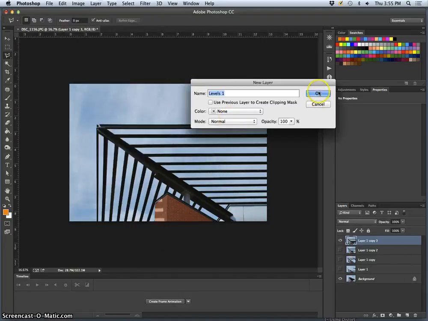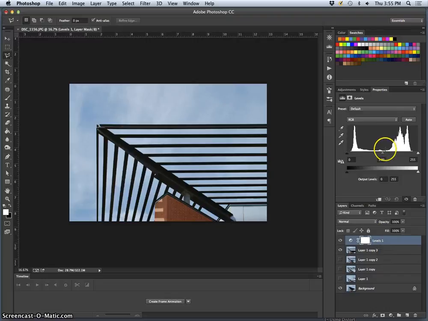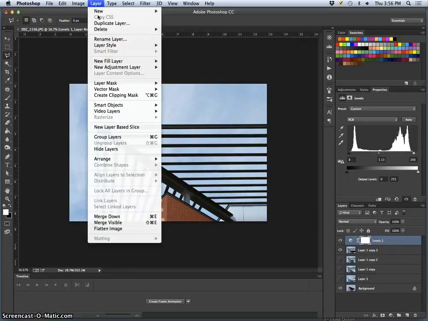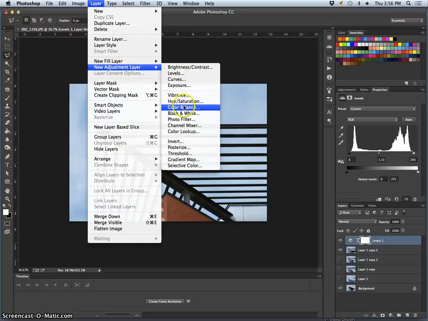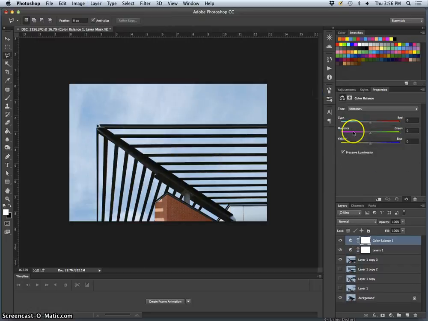Use adjustment layers. I could also just do direct adjustments to duplicates. Optimize the levels if I think it helps. I think I might brighten the midtones just a little bit on this so that those bricks show up nice and clear. And then layer, new adjustment layer, color balance, figure it out. Now the other advantage to using these adjustment layers as opposed to just doing duplicates and using direct adjustments